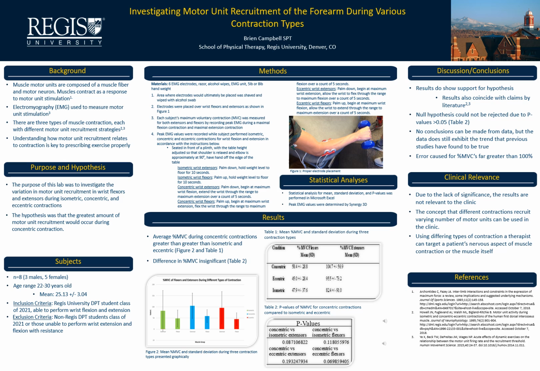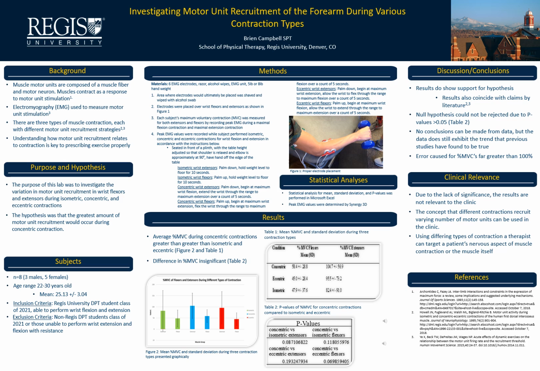Electromyography, or EMG, is typically used to measure motor unit stimulation during contraction. There are three types of muscle contractions: concentric, eccentric, and isometric. Each contraction has different motor unit recruitment strategies. By understanding how motor unit recruitment relates to contraction, clinicians can better understand how the muscle functions and prescribe exercise